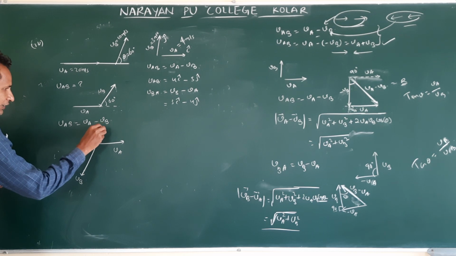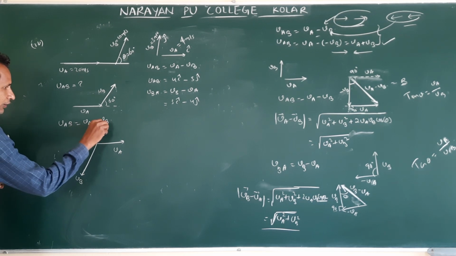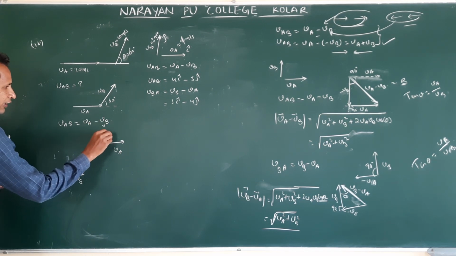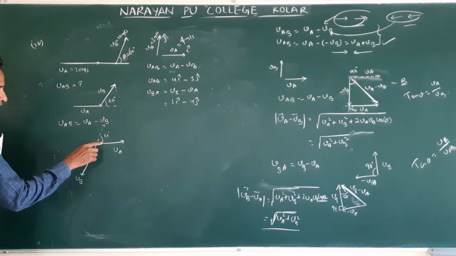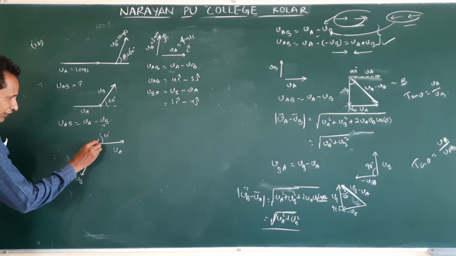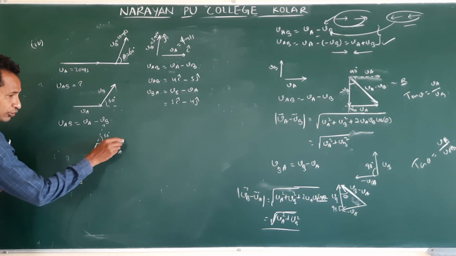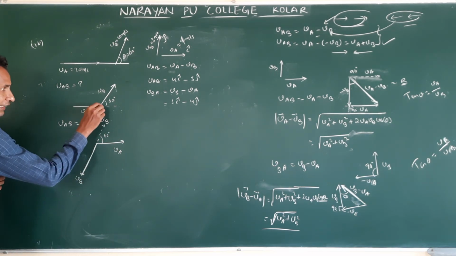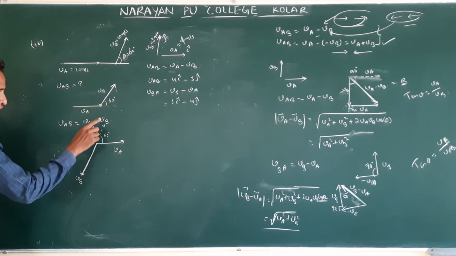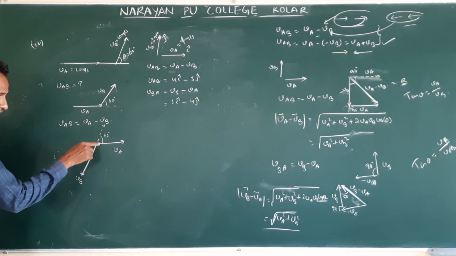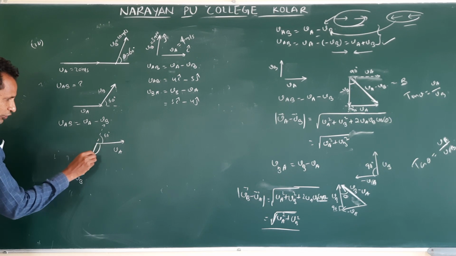Previously it was like this. Am I correct? This is already 60 when it is straight. For a straight line, see here this point, two tails are acting. We will take the angle between two tails or two heads. Previously head and tail, this angle we do not consider. So it is a straight line. What is the angle? 180. 60 is over. The remaining angle is what?